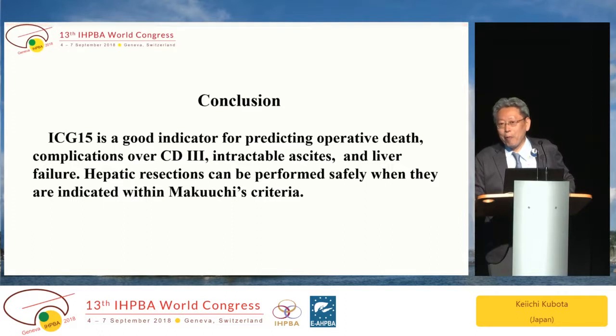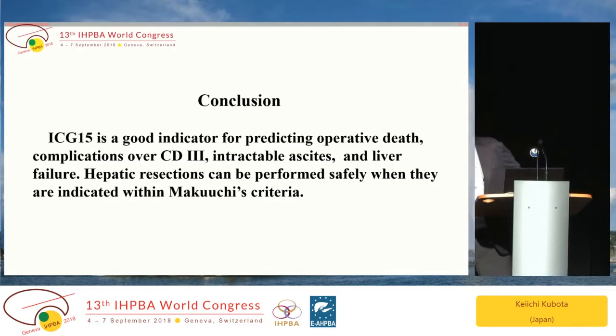I have a question, Eduardo de Santibáñez from Argentina. Congratulations for your paper. I have a question in the line of René Adam. If you have a patient with a small HCC, 3 centimeters, but with an ICG of 12 and portal hypertension, with low platelets, hypersplenism, and some varices, what value do you give in this patient with high portal hypertension and almost a normal ICG?